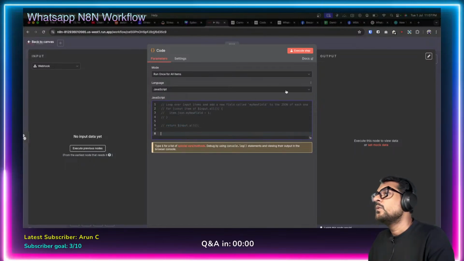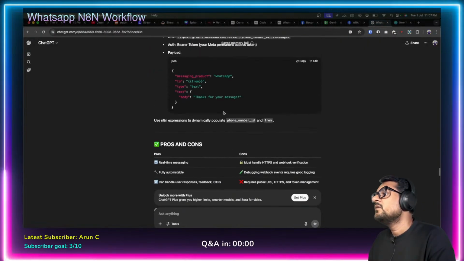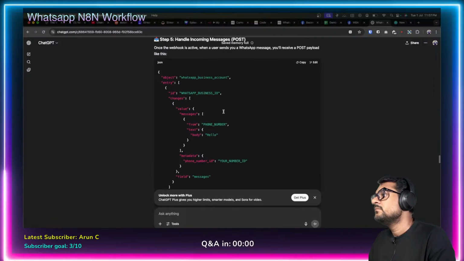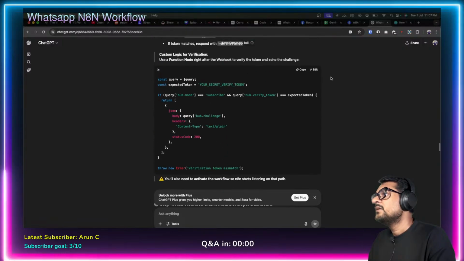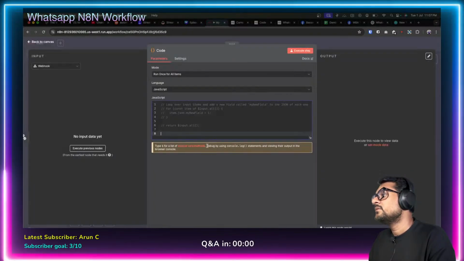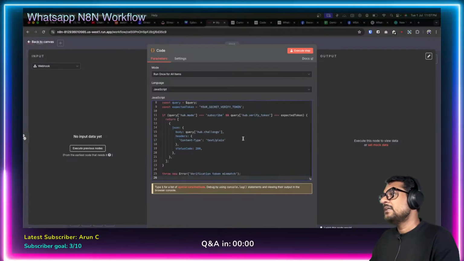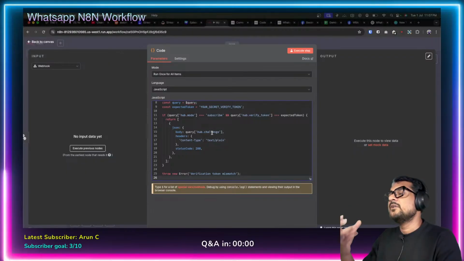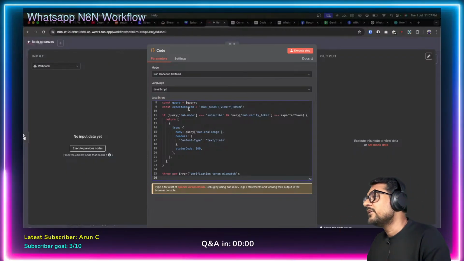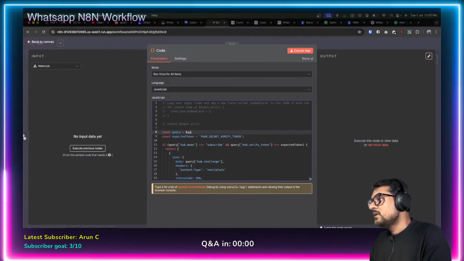Okay, so let's comment out this code, and we have got a code from ChatGPT. That is the code that I'm trying to use with the intention that I should be able to capture this response that I'm getting from Facebook. So what I know is $input.all should contain